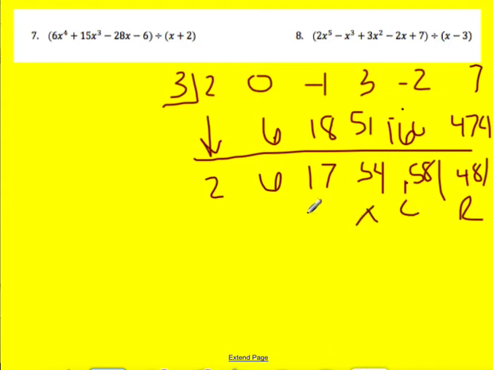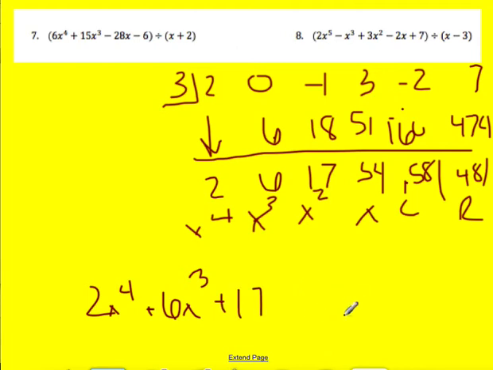That'll happen every once in a while. And then we have x squared, x cubed, and then this one's actually going to become x to the 4th. So our coefficient with x to the 4th, so we have 2x to the 4th plus 6x cubed plus 17x squared plus 54x plus 58. So then we need to take the 481, our remainder, and we need to divide it